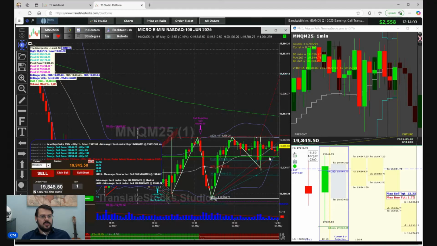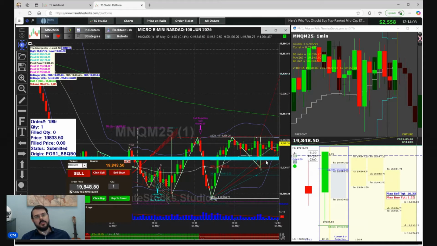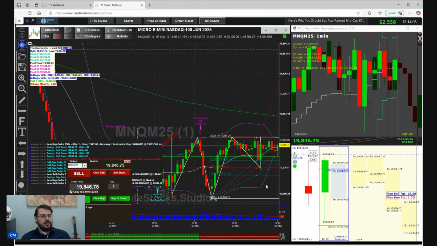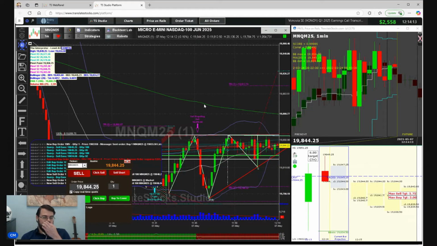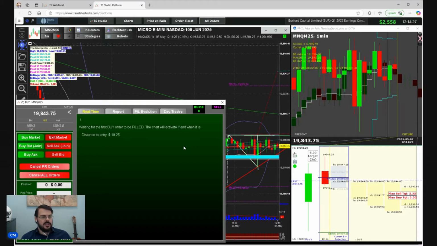And you see also this green line, that's your open order. All open orders that you have will appear as lines inside the chart since you have chart trading activated here, okay? Sell orders will be red, buy orders will be green, and you have this view so you can know if the bot is near your entry or not. It also shows you inside this screen the distance to entry, the real-time market data distance to the entry. So it's 13 points